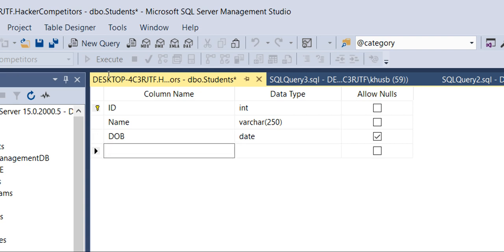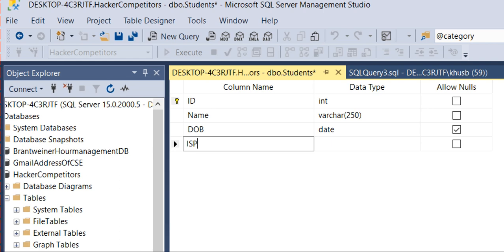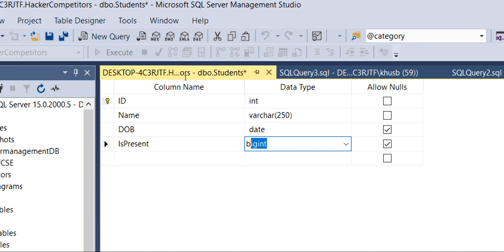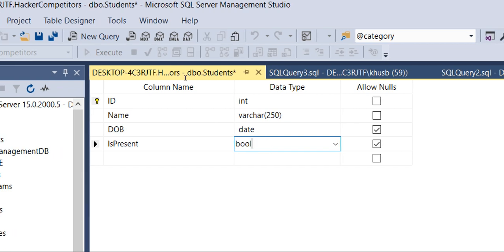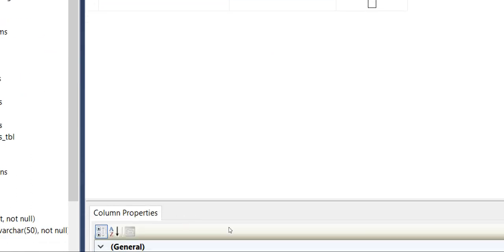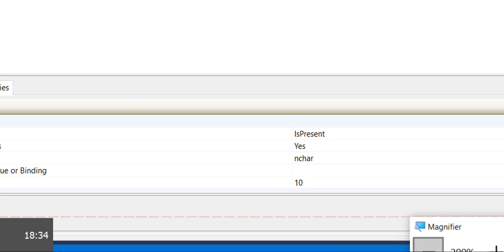Okay, let's say I want to store a present status, meaning is present. Obviously the student would be present or not present, right? So there are only two possibilities, true or false. So is present is going to have only two values, true or false. So I will create boolean for this, right? These are the kinds of data types which we can use according to our requirement.